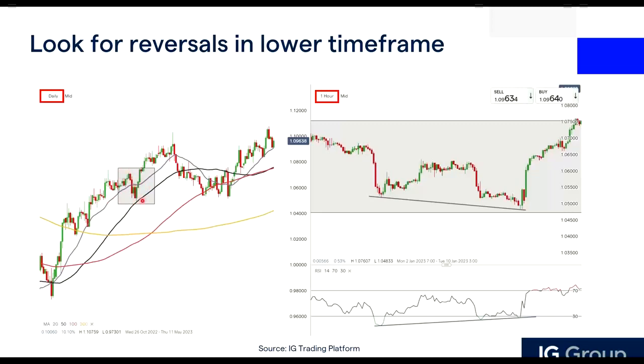In the higher time frame, the pullback is actually testing the 50-day moving average. So that's another confirmation, another confluence in the support level, a dynamic 50-day moving average as an additional support. And then you notice that in the lower time frame, there is some form of a bullish reversal. So this is a divergence here. So you can actually look for long opportunities at the support level. Look for candlestick patterns here as a confirmation as well if you want.